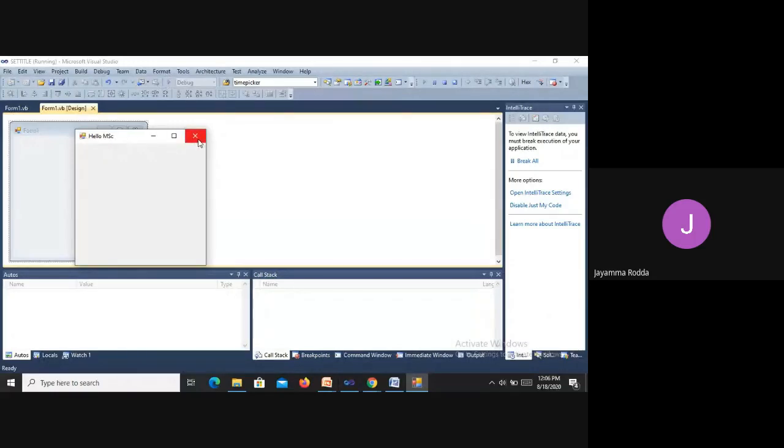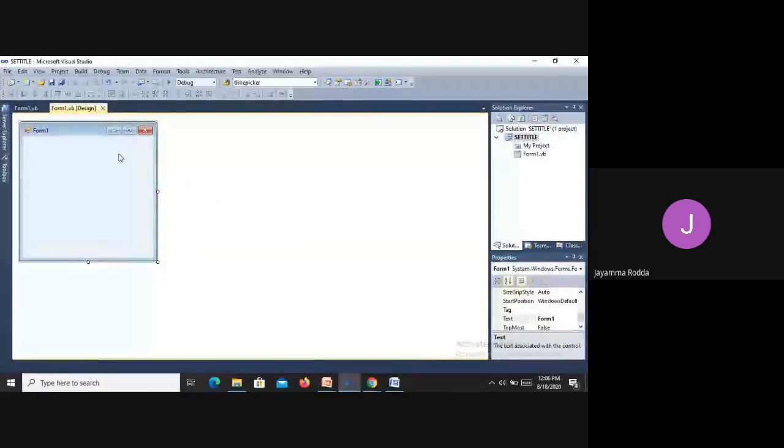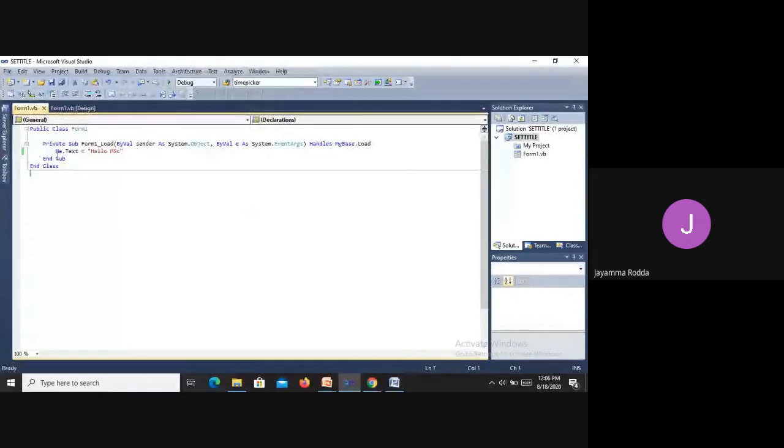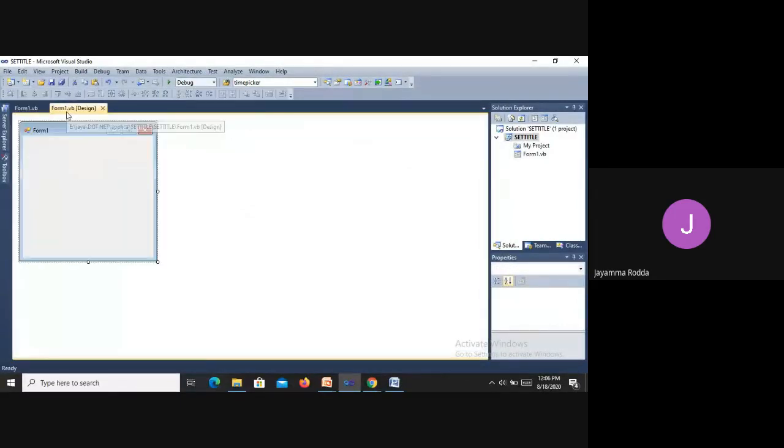Students, you have to note down everything. I'm going to take a test on what and all I have discussed until now. So be serious. Okay. So the name of the form is changed at runtime. You may ask me, can we change it here? Yes, you can change. You just select the form, go to the properties window, go to the text itself. If you want to change the name, you can change. But I'm simply changing hello. So it is changed there.